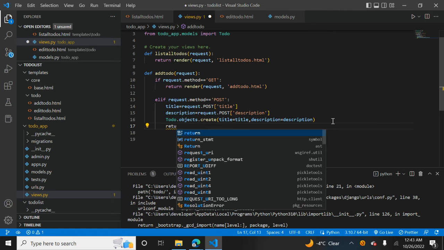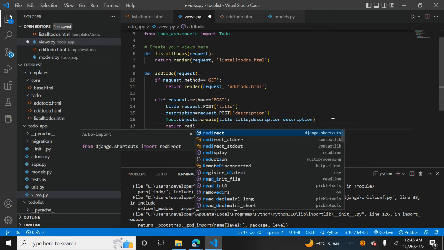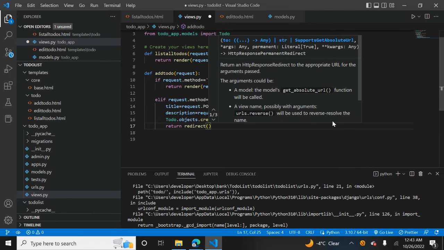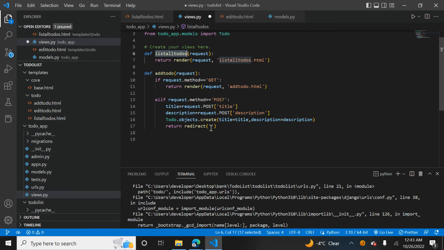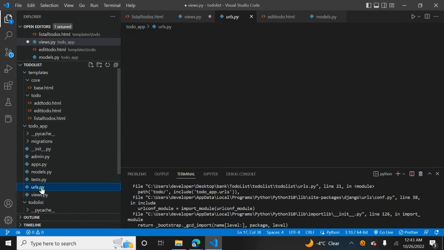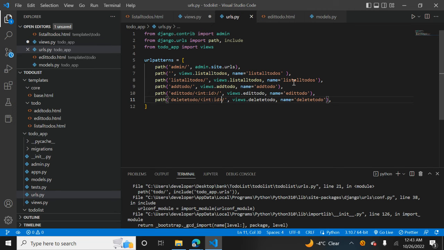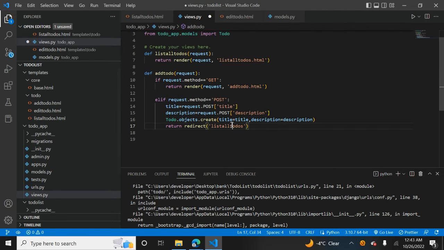So redirect, I believe this is the name. To know what exactly is the name, click on urls.py and check the name. Copy this, paste it here. That's it. And okay, now